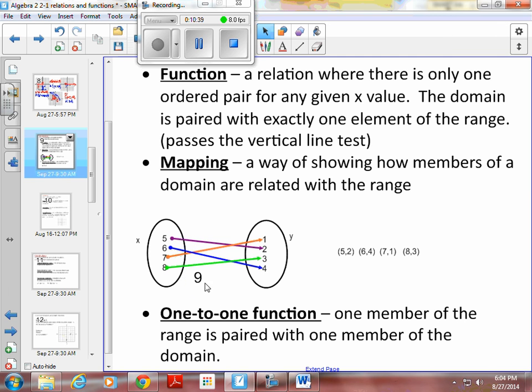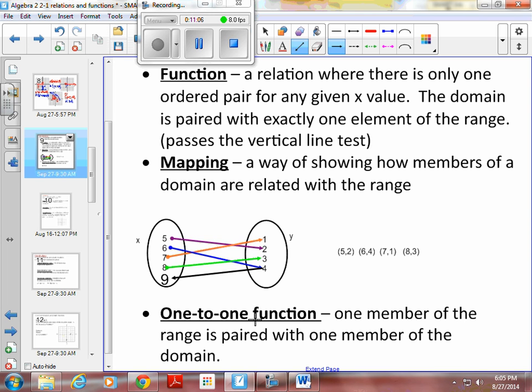Let's put a 9 down here. Okay, and I add another line, and I go from my 4 back to my 9. Okay, so 9 only goes to one number, 8 goes to one number, 7 goes to one number, 6 goes to one number, 5 goes to one number. So it is a function, but on this side, we've got 4 going to 2 different numbers, so it's not